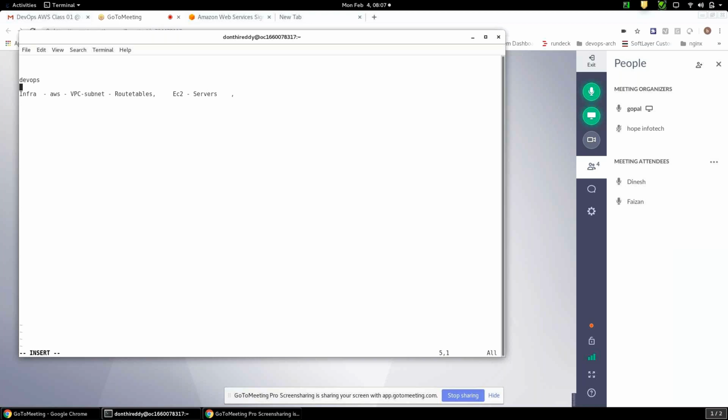Before starting this, we're going to start with the shell script: how to write the shell script, how to execute it, how to execute basic Linux commands, how you log into a Linux box using the PuTTY software, how you authenticate to the Linux box, how you execute your commands, and how Windows compares with Linux when you're working. All those things, first we're going to start with the shell, because as you said, you are from a Windows background.